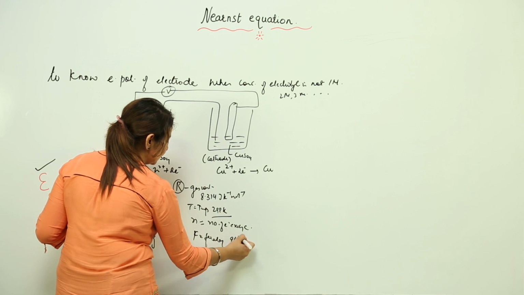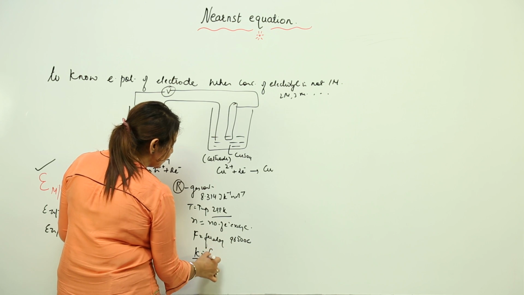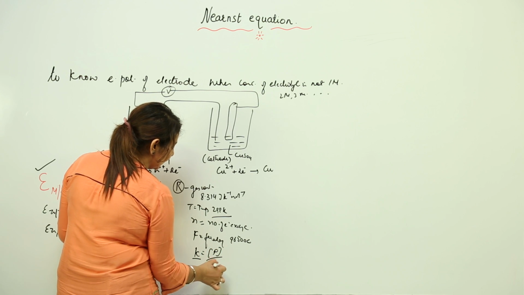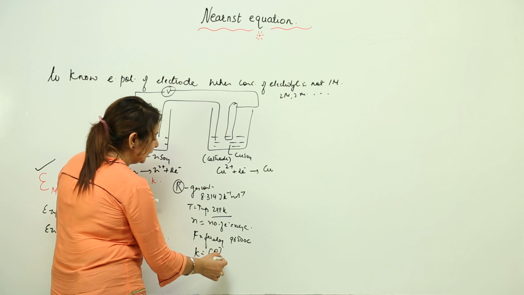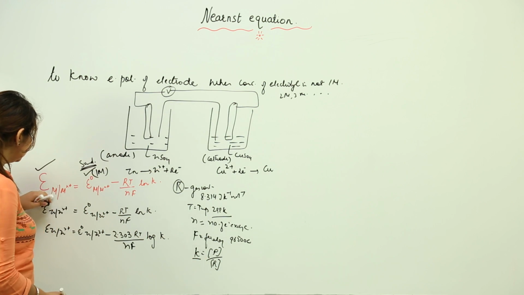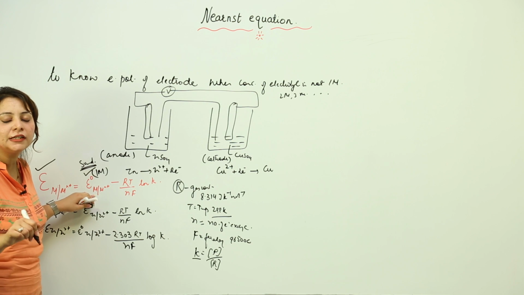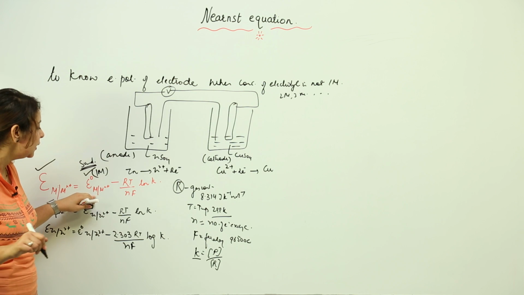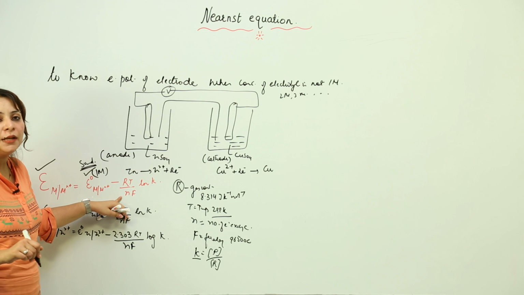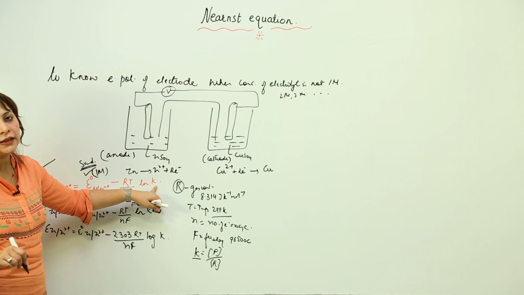whose value is fixed, 96500 coulomb, and K is nothing but the equilibrium constant, whose expression can be written as concentration of product divided by concentration of reactant, and if they are moles you can just write the moles as the powers. So this, I think it's clear, is the electrode potential for the half cell. This is the standard electrode potential when we consider the electrolyte concentration to be 1 molar, minus RT, R means gas constant, T means temperature,